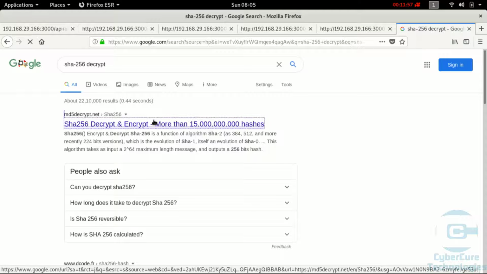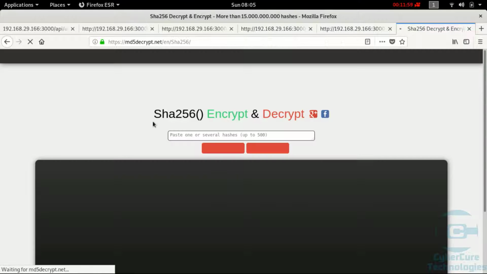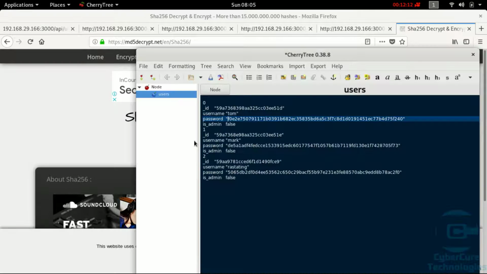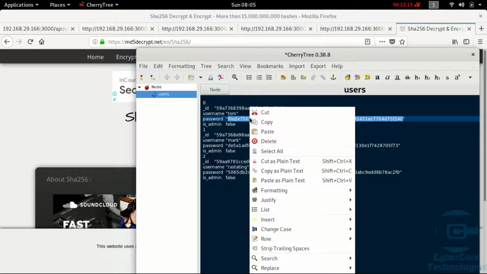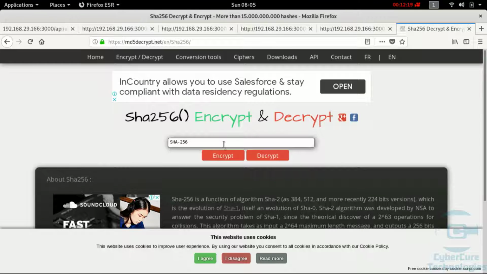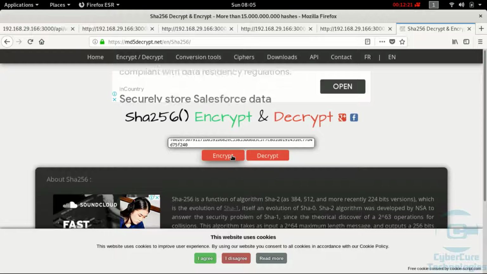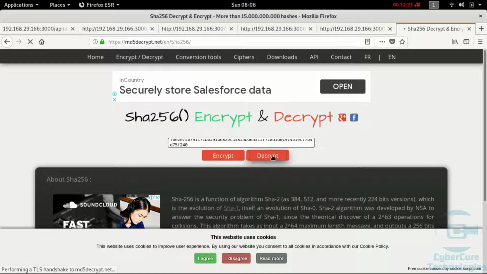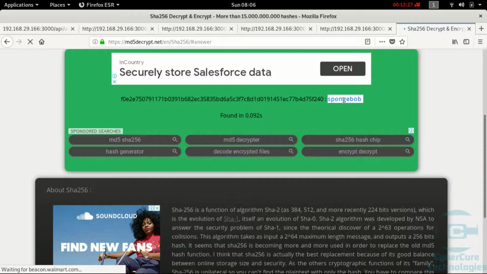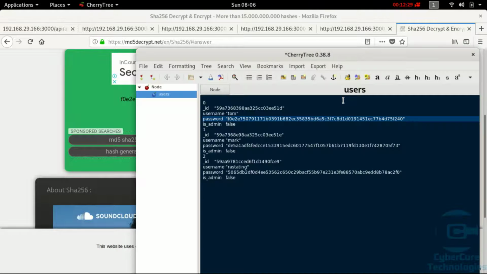Here it says they have more than 15 million entries, I believe. So I'll paste the hash here and we'll see if it can be decrypted, or you can say brute forced, or not. Okay, decrypt. And yes, it can be decrypted, and the password for the first user is SpongeBob.